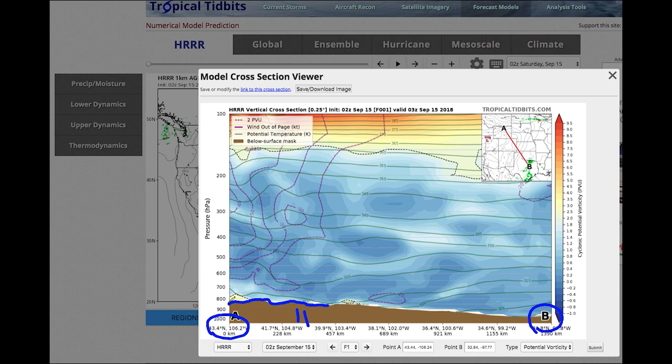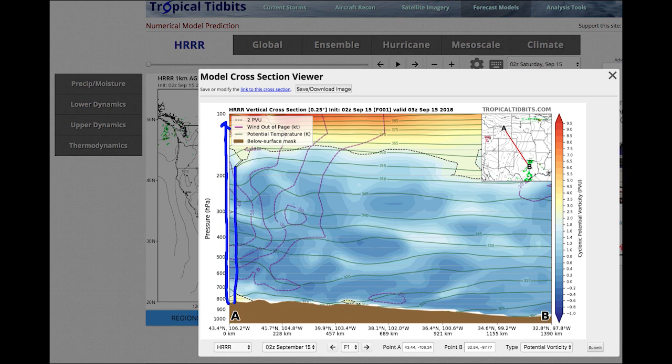So here up in Wyoming, it's probably somewhere between 900 and 800 millibars. And here near Dallas, it's going to be closer to 1,000 millibars. So where the surface is, that's important to know when you're calculating this stuff. So this is the surface and then everything above the surface. And we're examining wind, potential temperature, and potential vorticity. So that's what it looks like just above the area in Wyoming near Casper. That's what your measurement's going to look like. And then this is what it's going to look like down in Texas above the surface, and everything in between